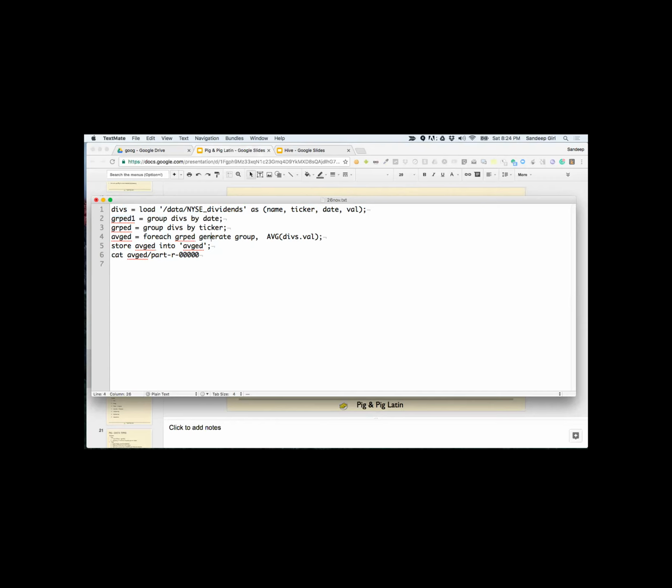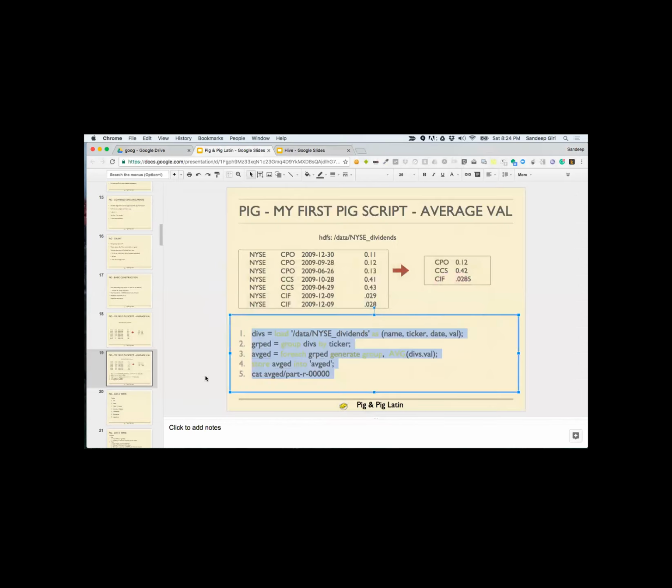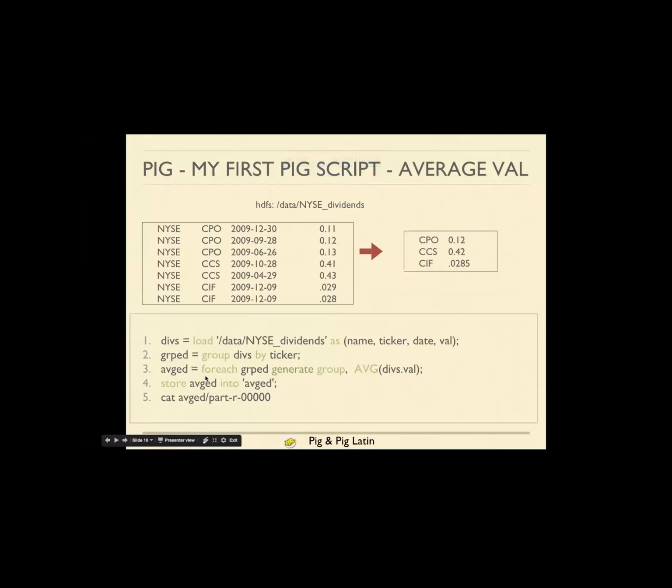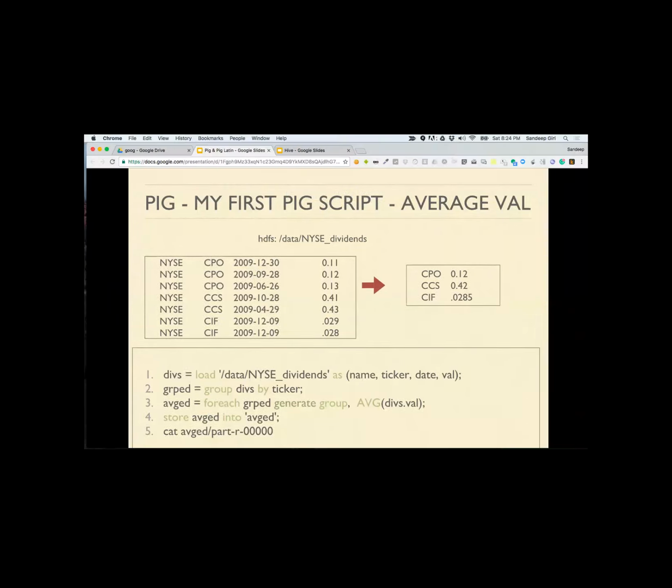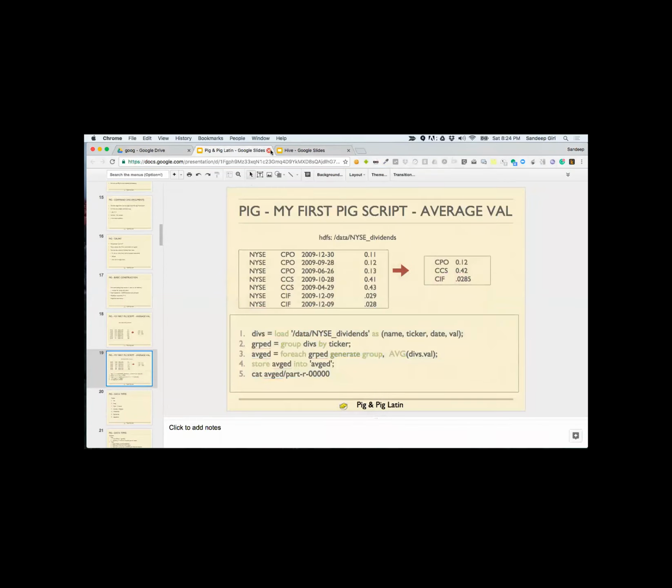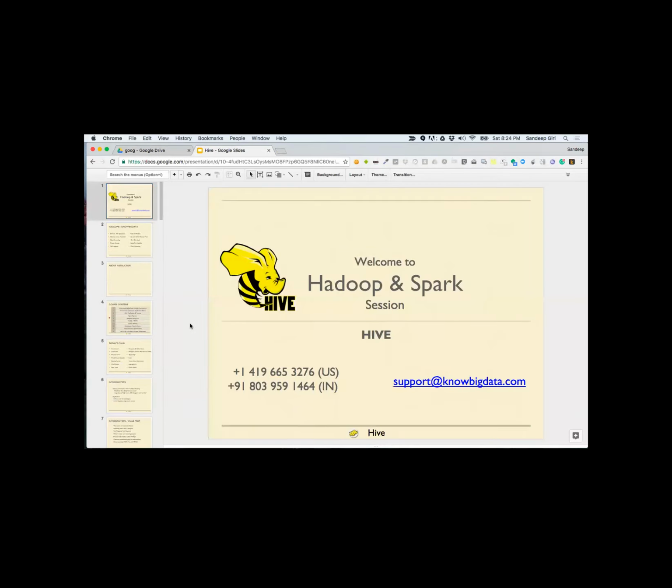When we say store, this will be skipped. No, it won't be counted in the execution. All right, so that was a quick recap of how a Pig script is executed.